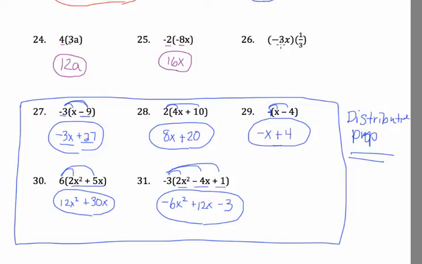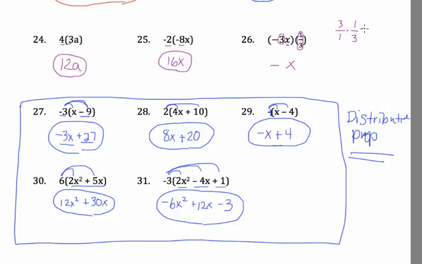Negative 3x times 1/3. Okay, so first off, let's talk sign. It's going to be a negative answer. A negative times a positive is negative, so there's going to be a negative there. I've got an x, so there's going to be an x there. So now what I need to do is know what happens when I multiply 3 times 1/3. Just like over here when I did 2 times 8 and I got 16. So if you take 3